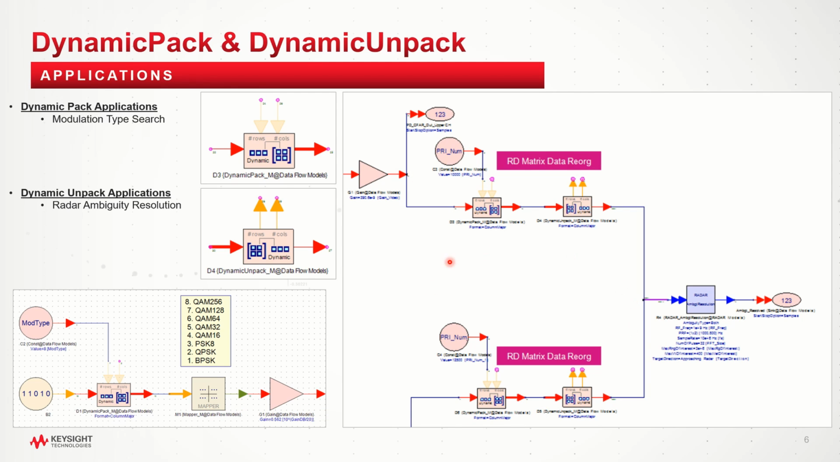Another example, apart from the phased array option, is for radar applications. This is an excerpt from one of the examples in SystemVue, and you can see here we are packing using the dynamic pack block based on the PRI number, in this case 10,000 actually, being used to pack the B stream or the signal coming through here into a matrix, and of course we are unpacking them again for that signal processing. Okay, so these are examples of where you can use dynamic pack and dynamic unpack